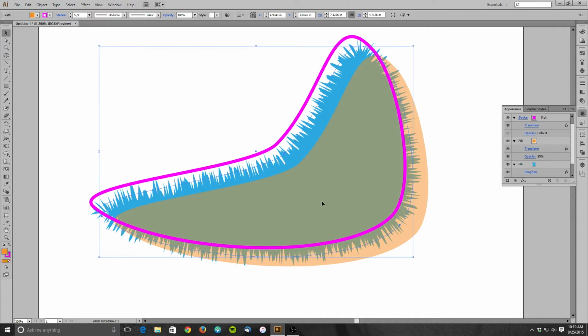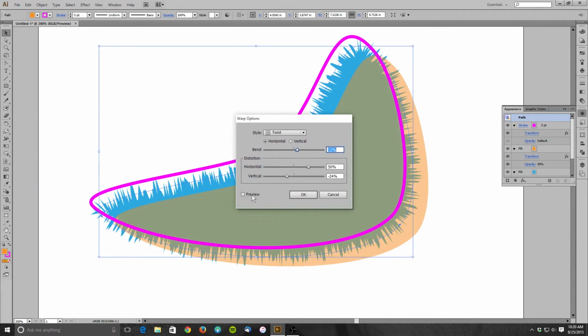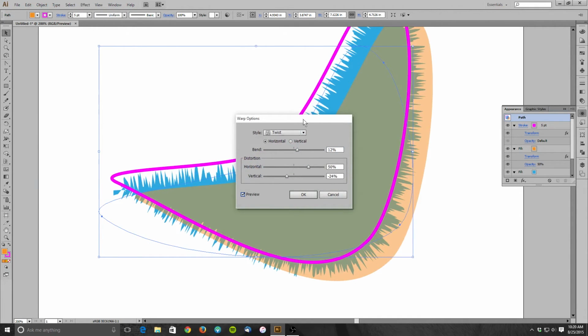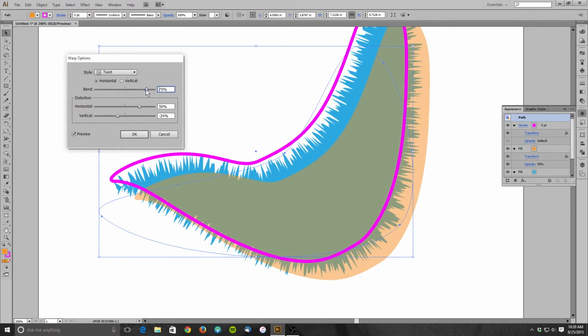And that's another point I'm getting ready to get into. If you want an effect to happen to everything, your custom offsets, if you've got them, roughens, or whatever, make sure in the appearance palette here, you click on the uppermost thing, which will tell you what your object is, whether it's type, path, or whatever. For an example, in this path here, I'll go up here to effect, go to warp, and do something very ugly here. Again, folks, this is not supposed to be anything too pretty, but I'm just trying to show you that you can do some stuff that's pretty insanely cool without having a lot of